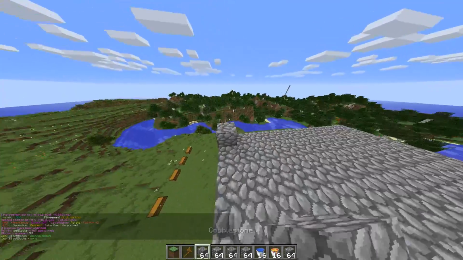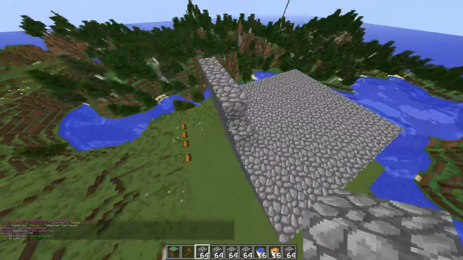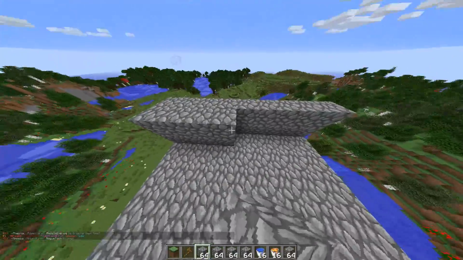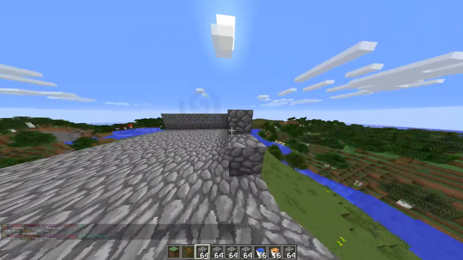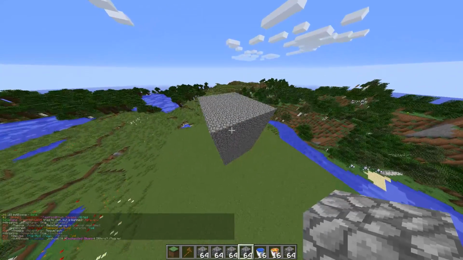Now, guys, if you want, make this 3 thick, because if you're using these tips on other servers, some servers can have bad anti-cheat or anti-glitch, and sometimes people can glitch into your base. It happens on every faction server, really. So making 3 layers would probably be a good idea. Okay, so